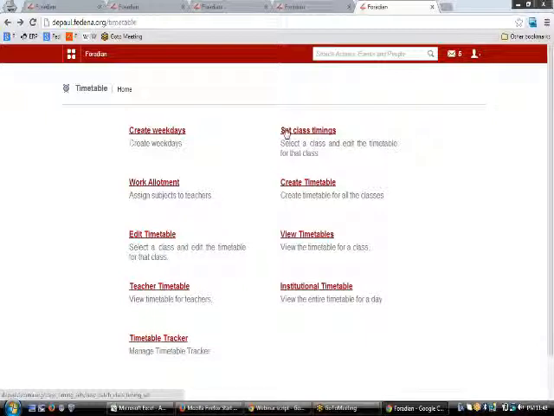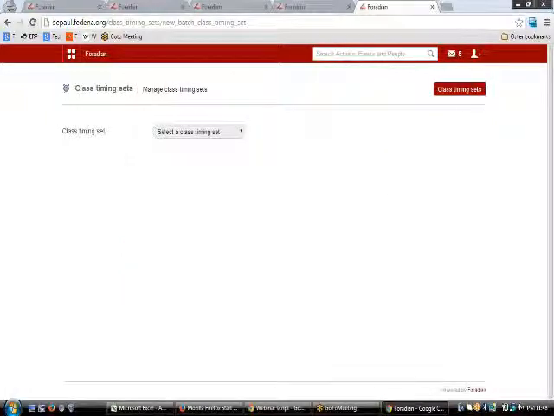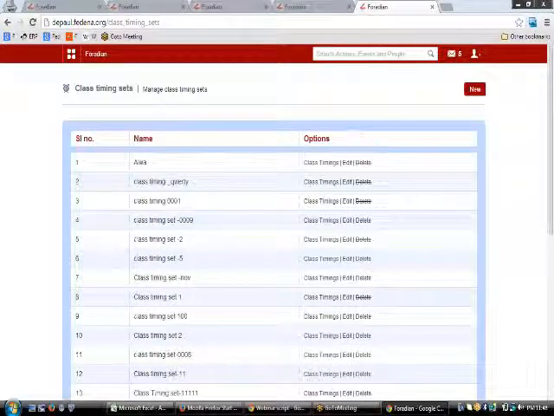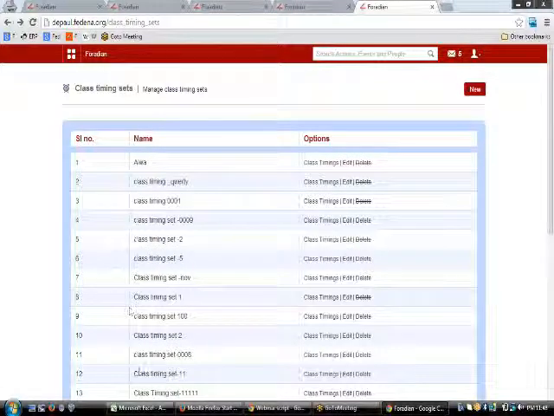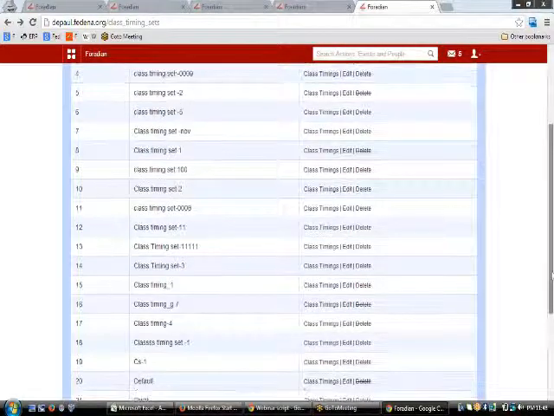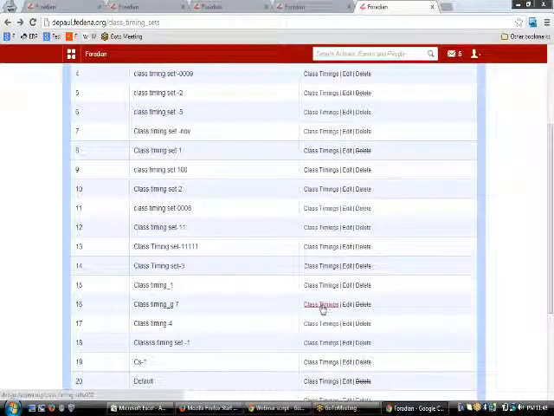The next thing would be to go to set class timings. You can go to the set class timings link and then this class timing sets, where you'll be able to create some class timings. You need to create a class timing set from here, and once you create it, it will be available in this table. Then you need to create some class timings for this class timing set.